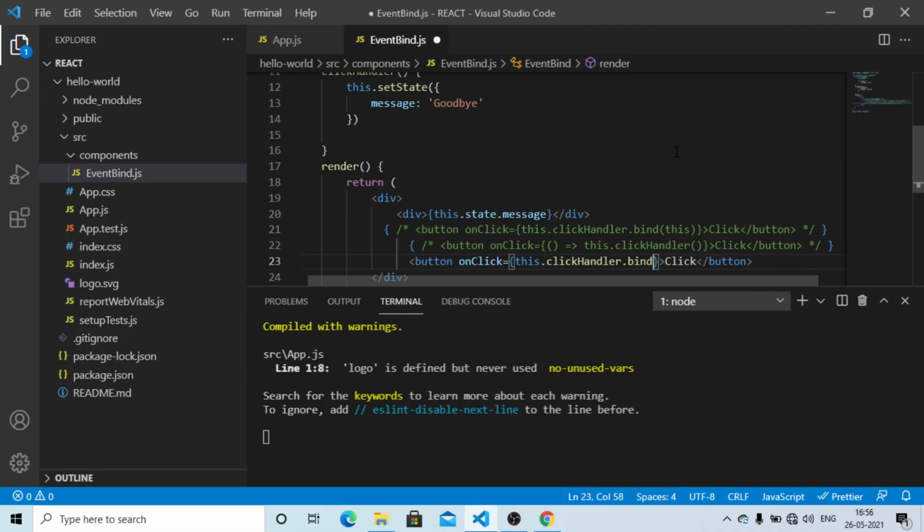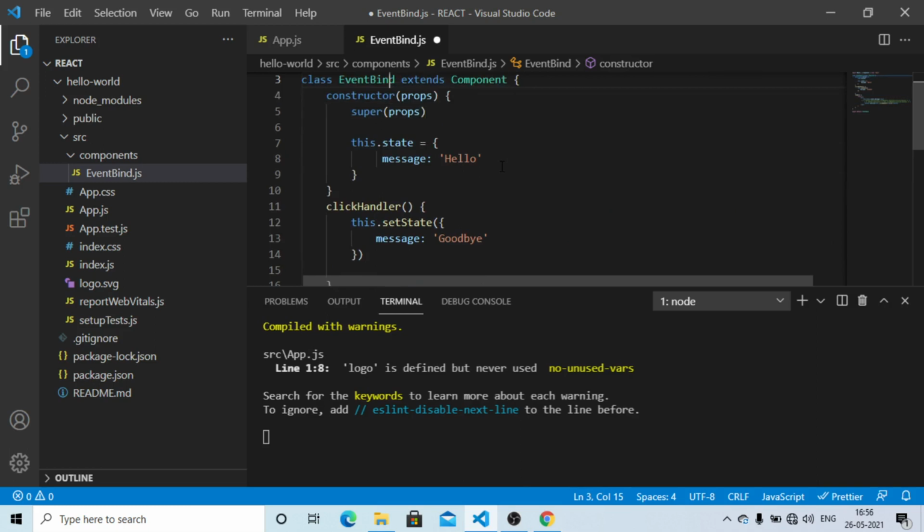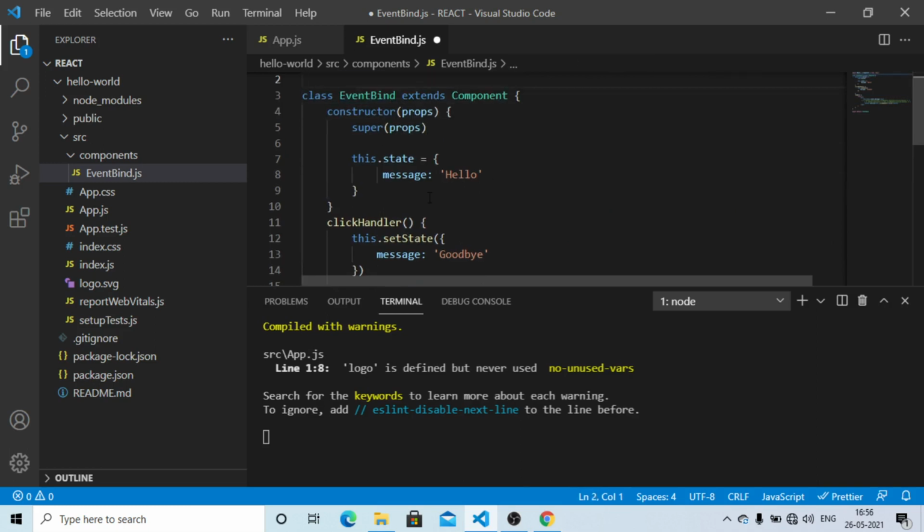The third approach to bind event handlers is to bind the event handlers within the constructor. So button onClick equal to this.clickHandler. Now we would like to move to the constructor, and in the constructor, exactly underneath the state property message, we will be calling